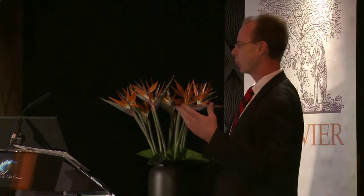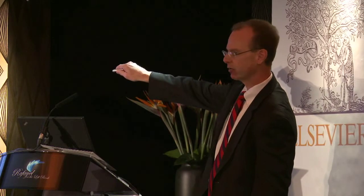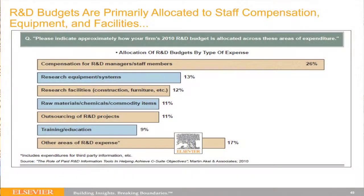A little over a quarter of the budget was spent on compensation for staff. That's pretty typical. You all know that researchers get paid a lot of money. It's very expensive to staff all these people. About 13% of the budget is spent on equipment, lab instrumentation, those types of things. The facilities themselves account for about 12% of their overall R&D budget. Raw materials, 11%, outsourcing,